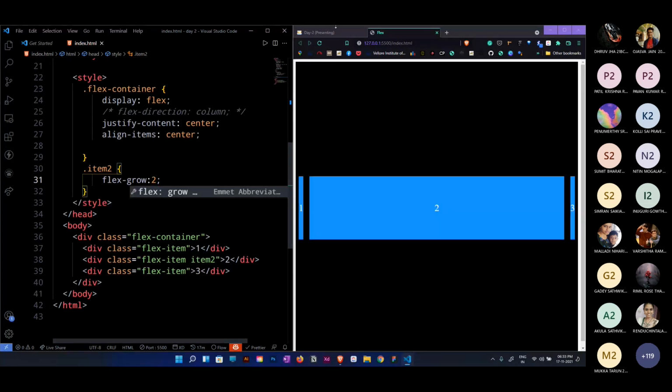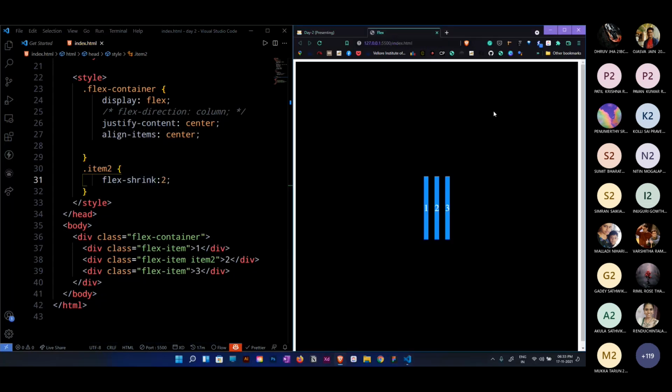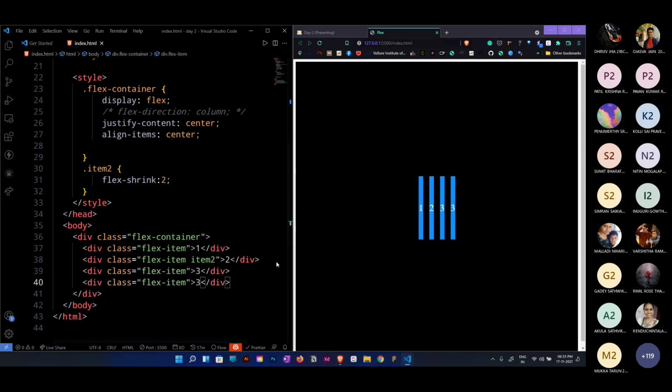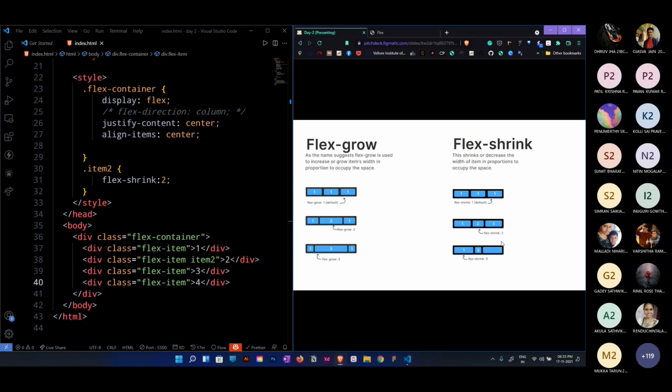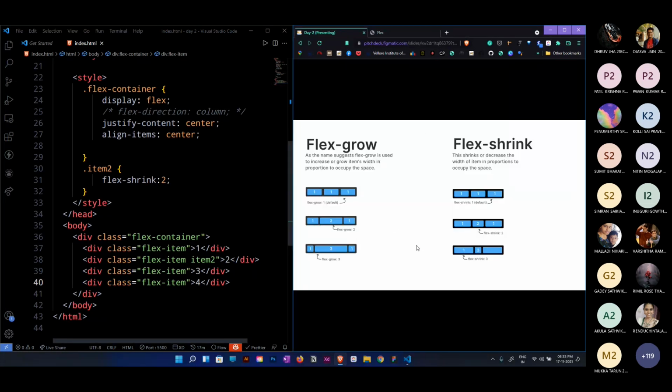Here we have 4 elements over here. We have 4 also, 3 also. I think you can get it. One more thing, shrink. Shrink 2. If you observe here, I'm just adding one more element, and shrink. This one needs additional properties. Flex grow doesn't need this, but this one needs additional properties.